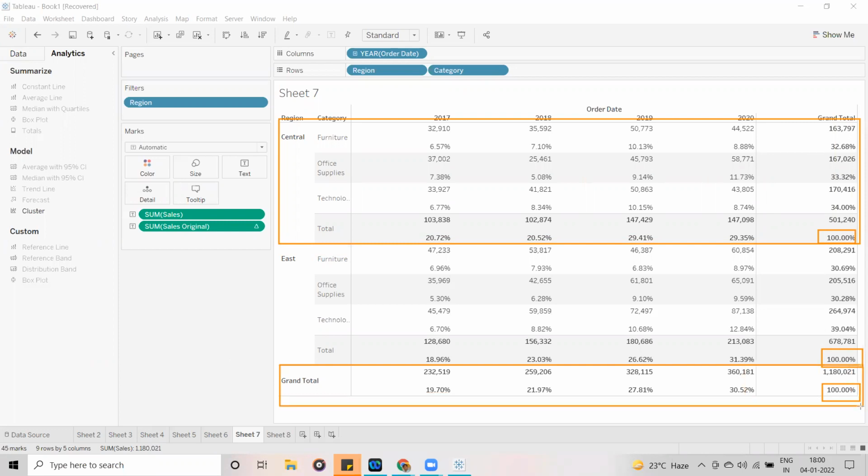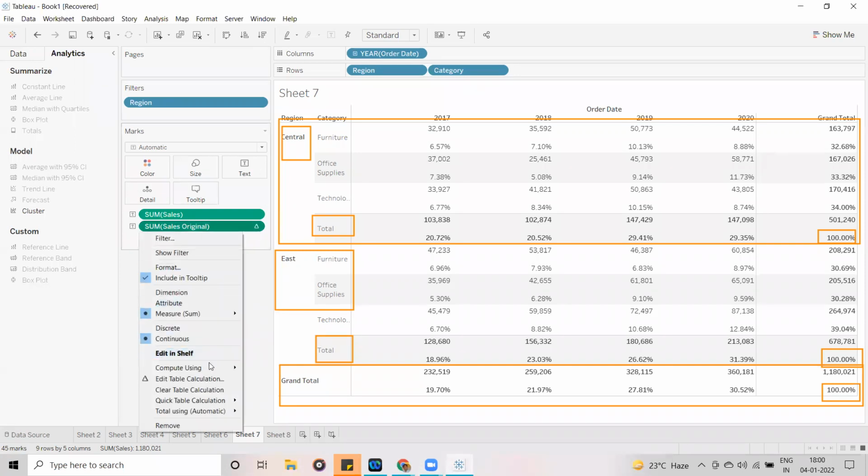This is a subtotal, which means this total is only for the East region, and this total is only for the Central region. The percentage is calculated only for Central region, and in the other pane for East region, because we have selected the Pane option. So this is how you use different options, depending on your requirement.